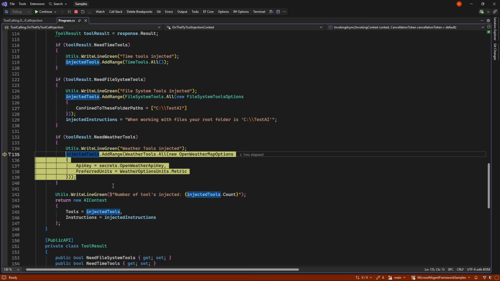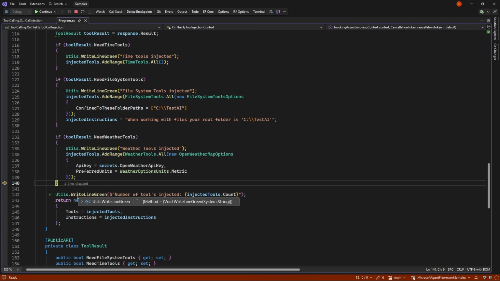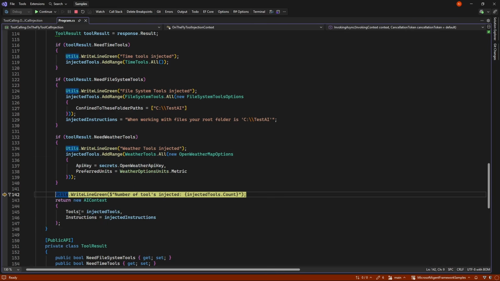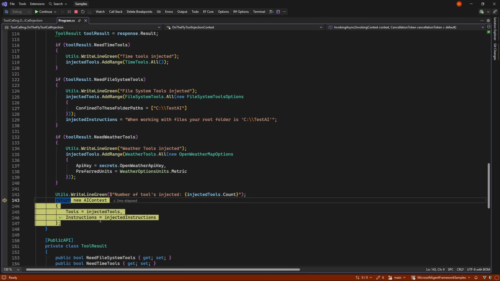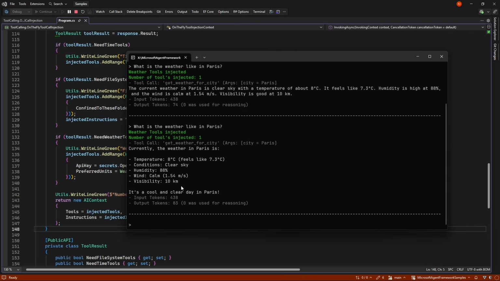So this is just newing up the tool, just like you would in a normal agent before you would use it and give it to it all the time. So we have one tool now, which is our get weather for city. We give that into the system. In other places, for example, in the file system tool, I'm also giving custom instructions on the fly, so they can also be injected, giving what folder it's allowed to work with. But if we do this, it's like if we had written the agent and only given that tool.